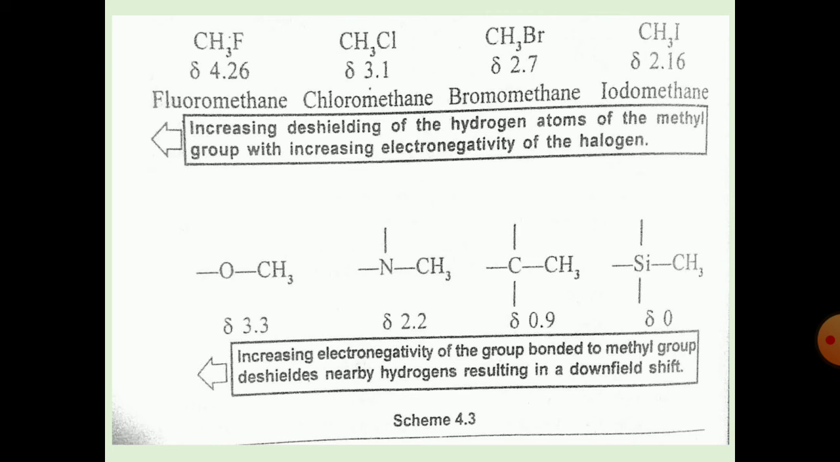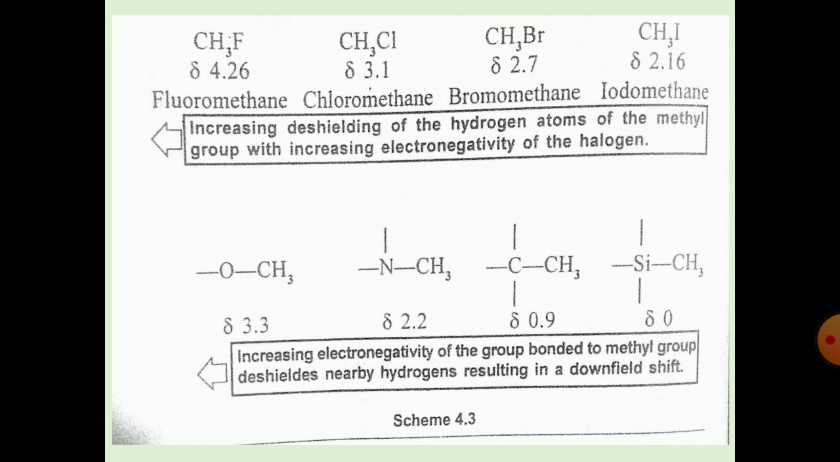The second is the effect of a halogen. The electronegativity of the halogen increases from iodine to fluorine. So the chemical shift for a proton of a halomethane is directly related to the electronegativity of the halogen atom. Of the halogens, fluorine is the most effective at withdrawing electron density from the methyl group, the minus I effect,